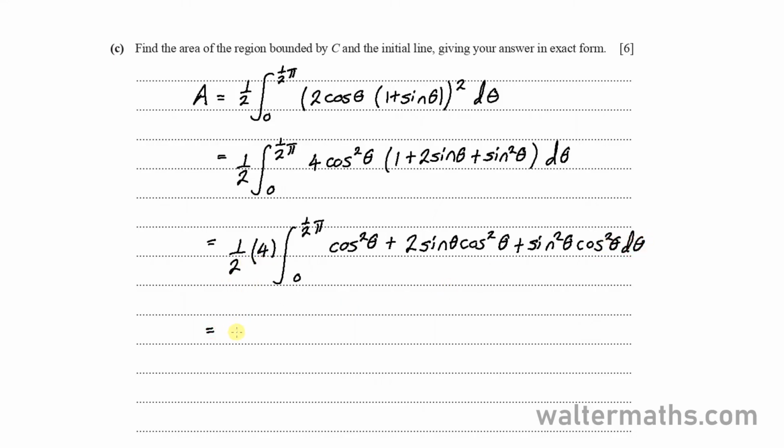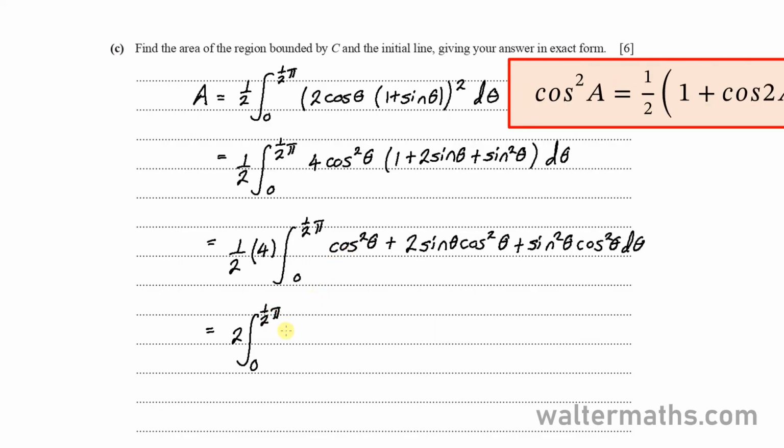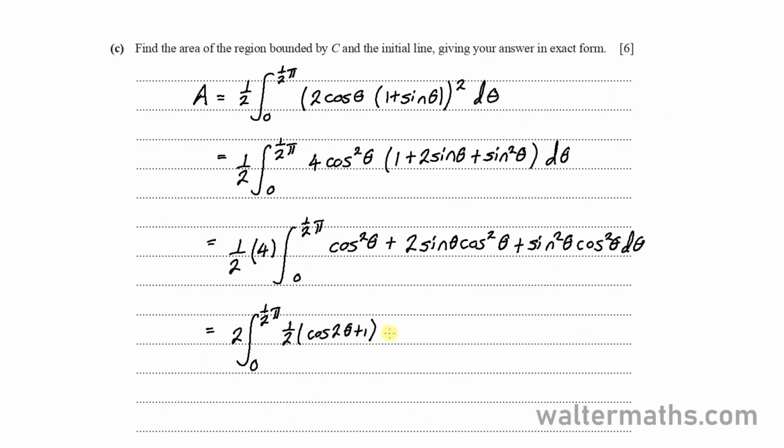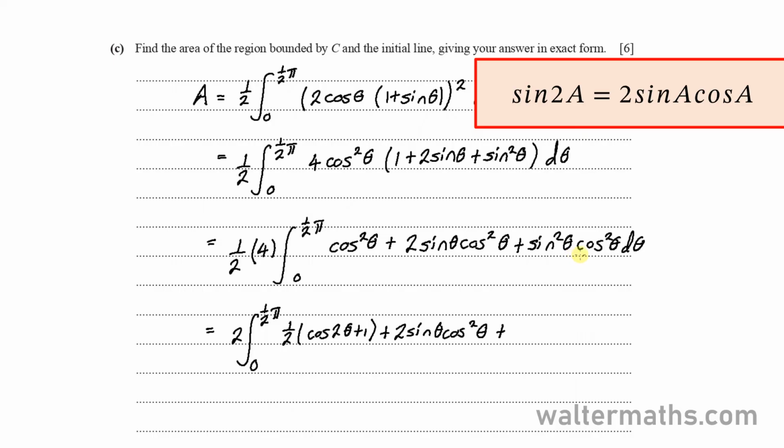Half of 4 is 2, and this times the integral from 0 to a half pi, and integrating cos squared theta, you have to consider this identity, which gives us a half of cos 2 theta plus 1, and it's plus, here we have 2 sine theta cos squared theta, just as it is, and for sine squared theta plus cos squared theta, we can find a way to express it in the form of sine 2 theta using the